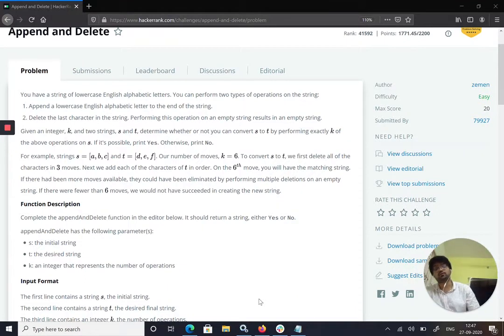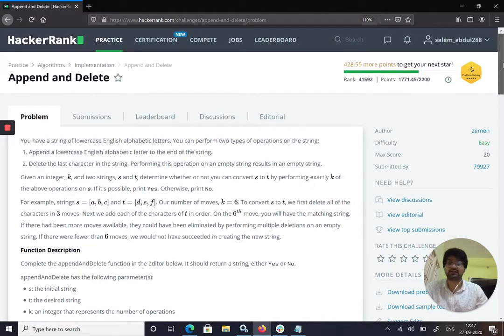Today I am going to show how to solve a problem. I am going to take a problem from the HackerRank. Today the problem which I took is Append and Delete, which is easy difficulty level on HackerRank. So basically I solve problems based on some steps, and those steps I will show you, to show how we solve this problem.